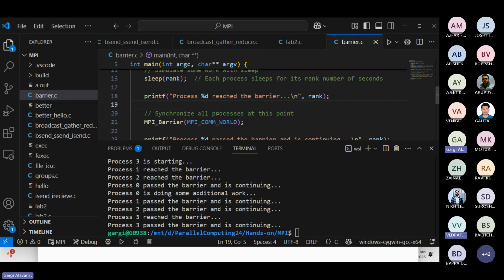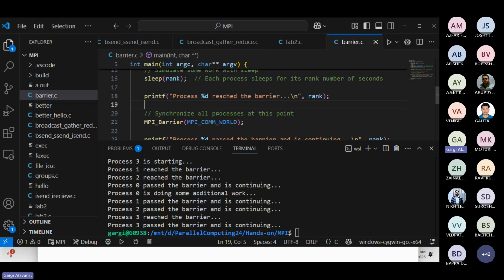Actually, a barrier is meant for all the threads to reach and then communicate. Then only they can pass. They cannot pass before the others. So the barrier concept is common between different programming models, including CUDA, where all the threads are expected to complete a task and reach the barrier, and then only